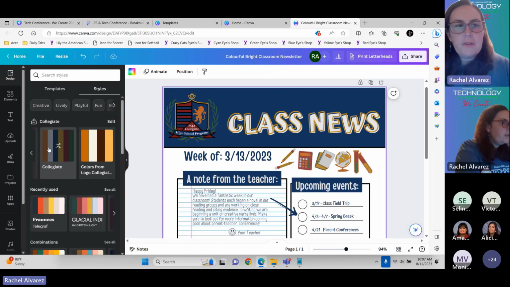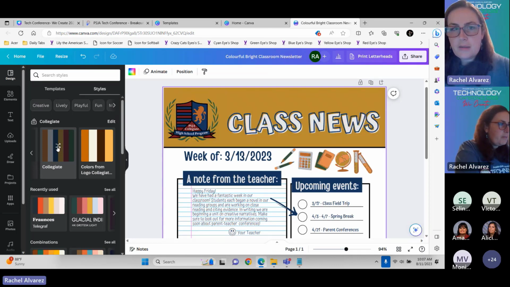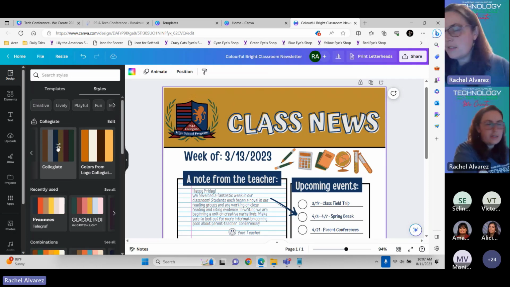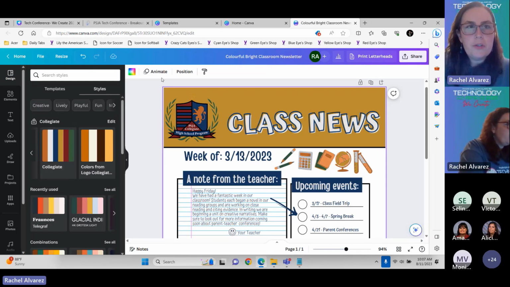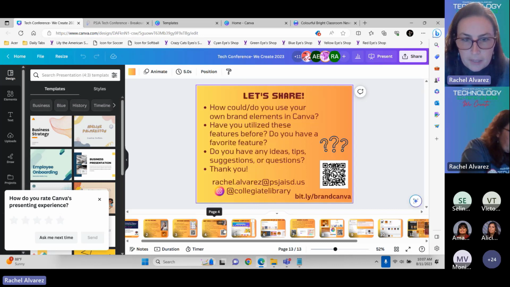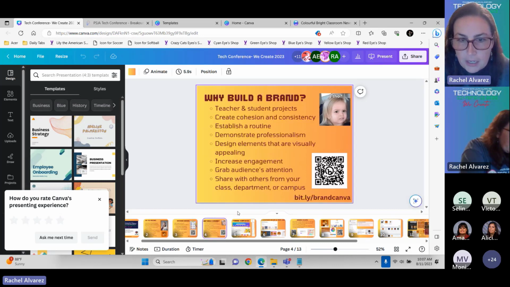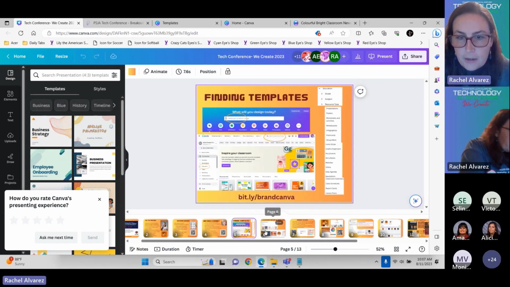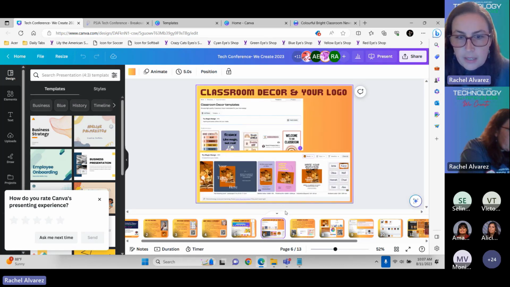And so it gives you a lot of easy accessibility to different things that are going to end up looking nice and looking professional and looking consistent for your students to use. And I'm going to pop the link to that color generator because, like I mentioned, I know it's kind of,